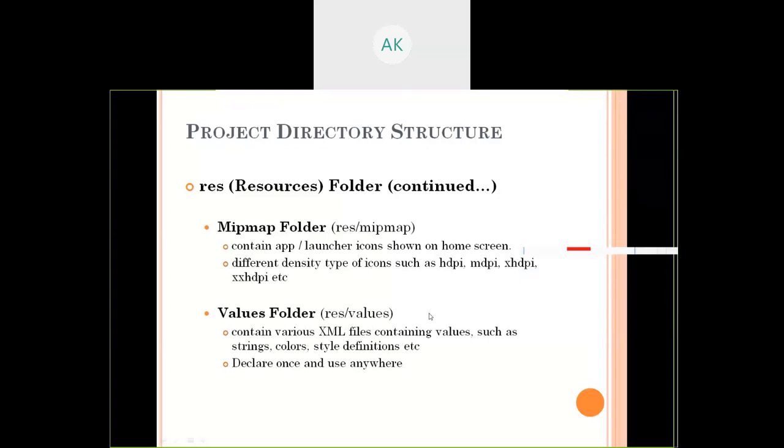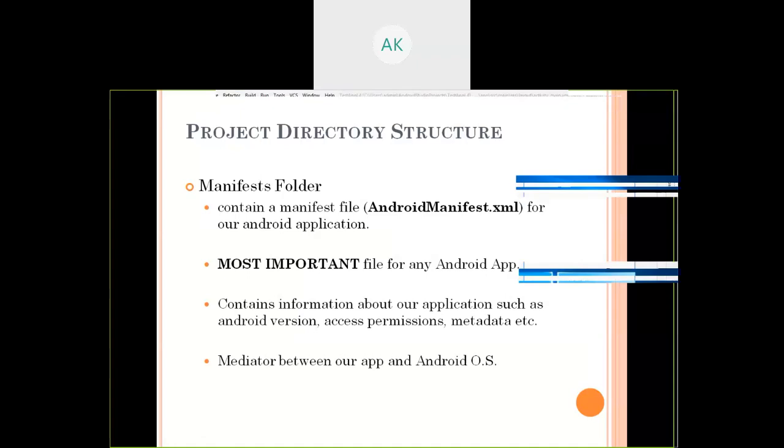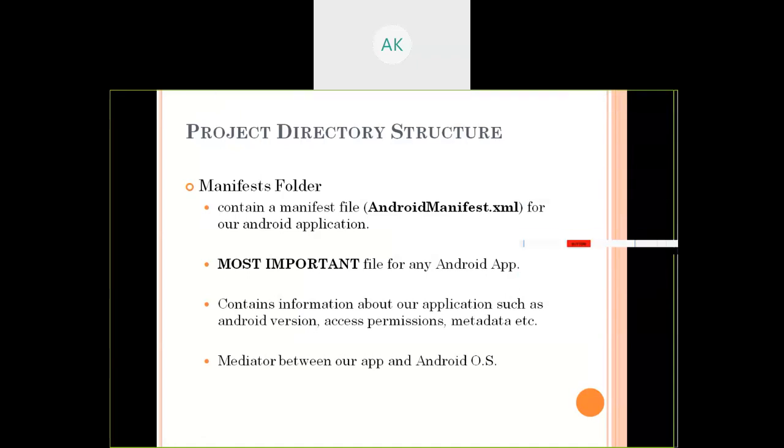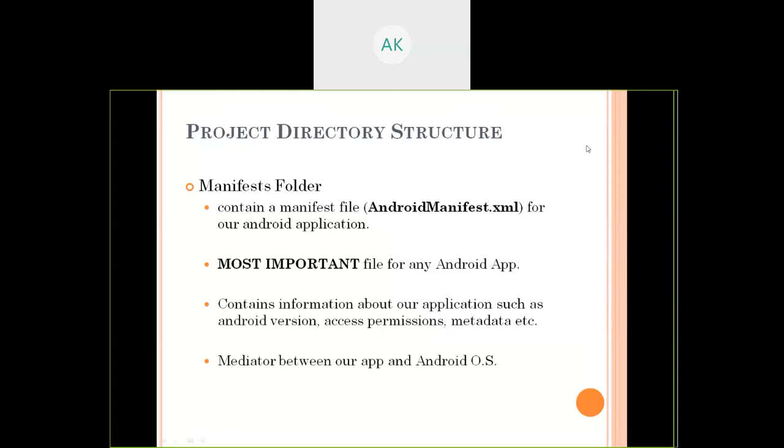So we'll go further. Now, there is one important folder that we have reserved here, and that folder is called the manifest folder. Now, why did I reserve this particular folder? Because it contains some important information about your Android application. So this can be considered the most important, or the most essential, folder that every Android app should have.